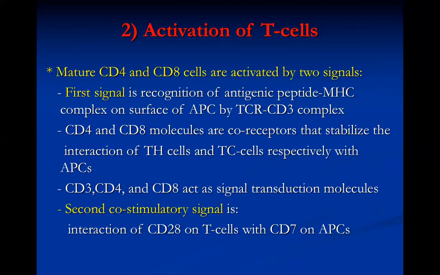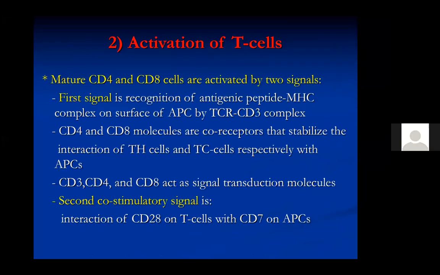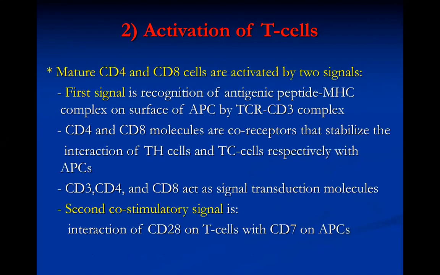Then phase 2 of the cell-mediated immune response is the activation of the T cells. I mentioned to you that once the cells are stimulated, they get activated, and the last phase will be clonal proliferation to make more copies of each cell. So in this second phase of the T cell cell-mediated immune response, the mature T cells are being activated by